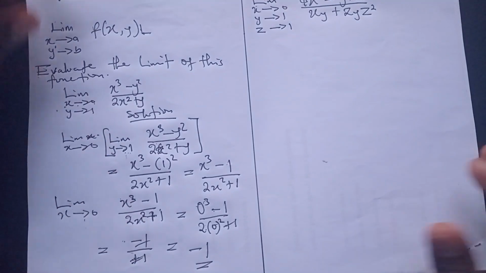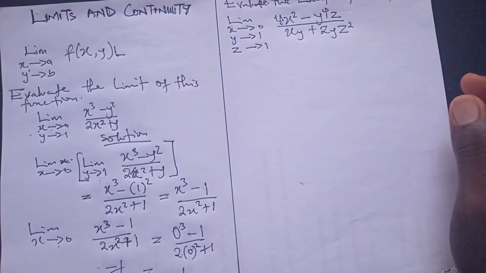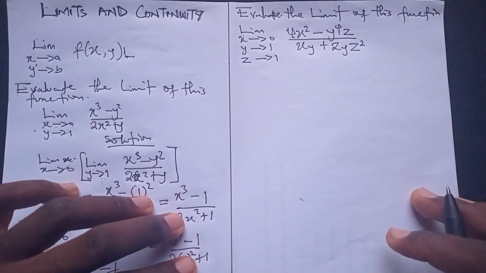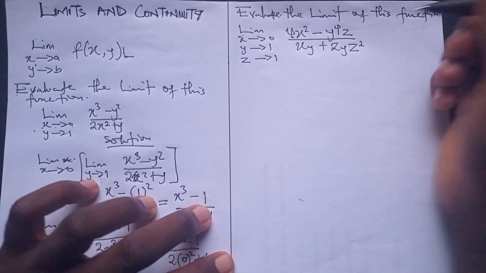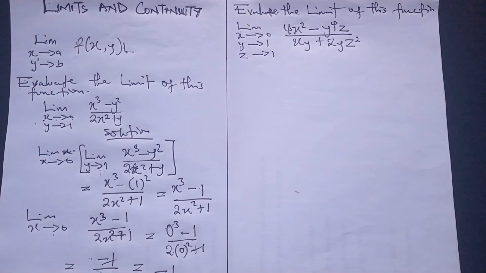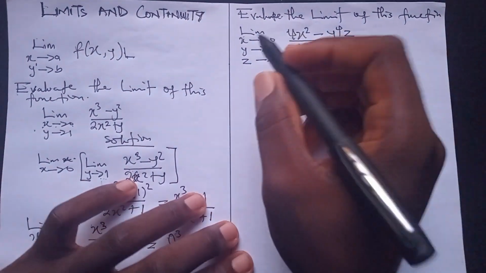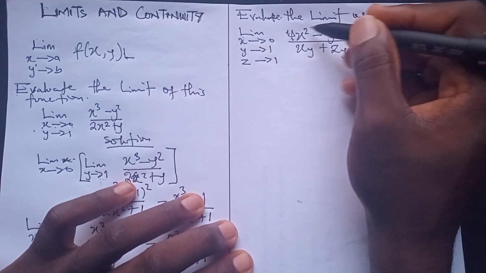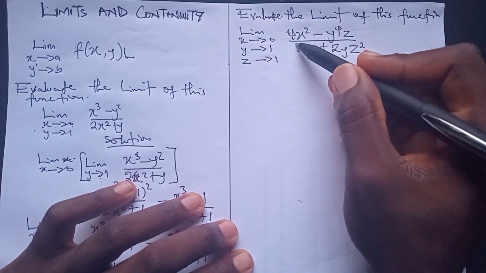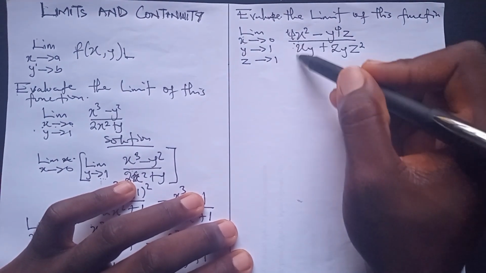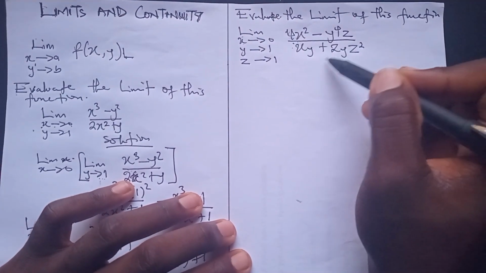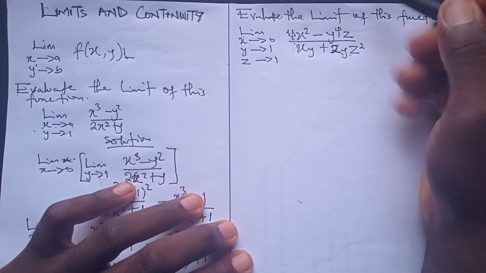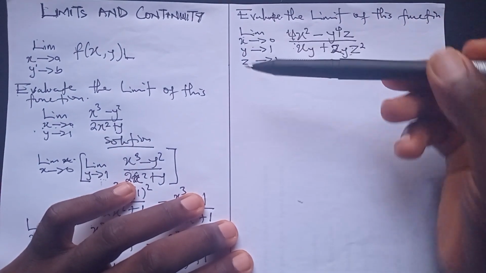So the second question says evaluate the limit of the function: limit of 4x squared minus y raised to power 4z over xy plus 2yz squared. So now this limit has